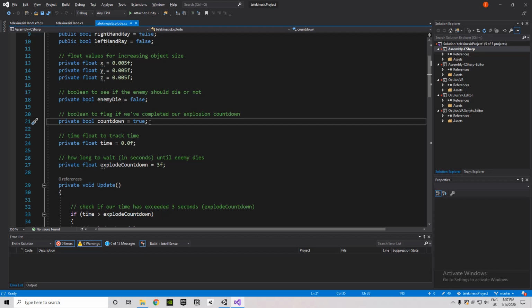We want there to be a small amount of time where both raycasts have to be pointing at the object and it's growing and growing, and then it explodes. If we didn't have this time tracking set of variables here, then just as soon as you pointed both raycasts to the object, it would immediately blow up, which is not what we want. So we have a time variable, we have a sort of max time or explode countdown here, which is how long we want to wait until the enemy dies,